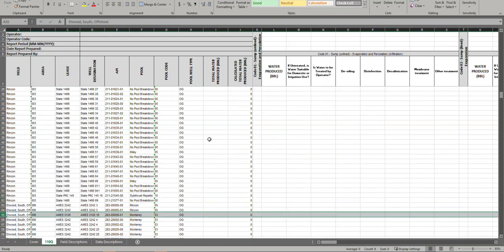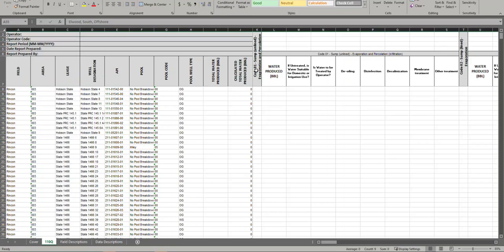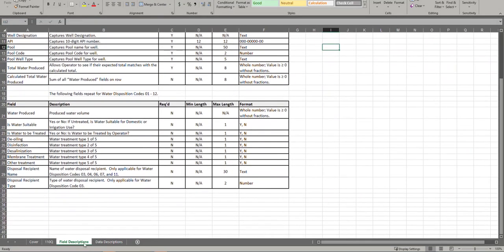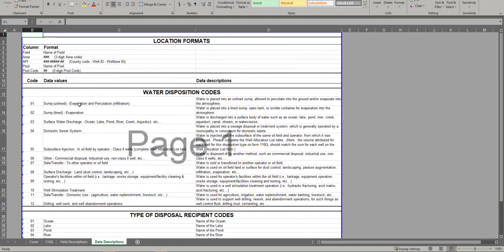Now going over to the right, we have a total of 12 different codes for which information can be presented. If you take a look here on the right side, as well as right here, you'll notice what the code is for summed and line summed. Please take a look at the field descriptions and the data description to figure out which ones you need